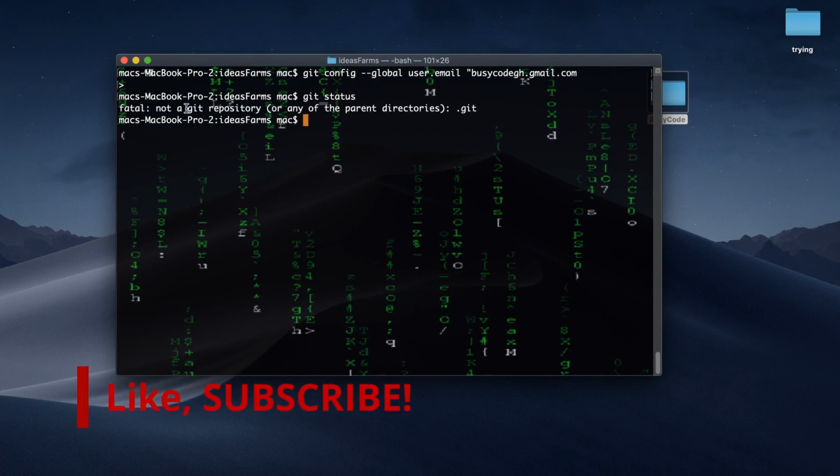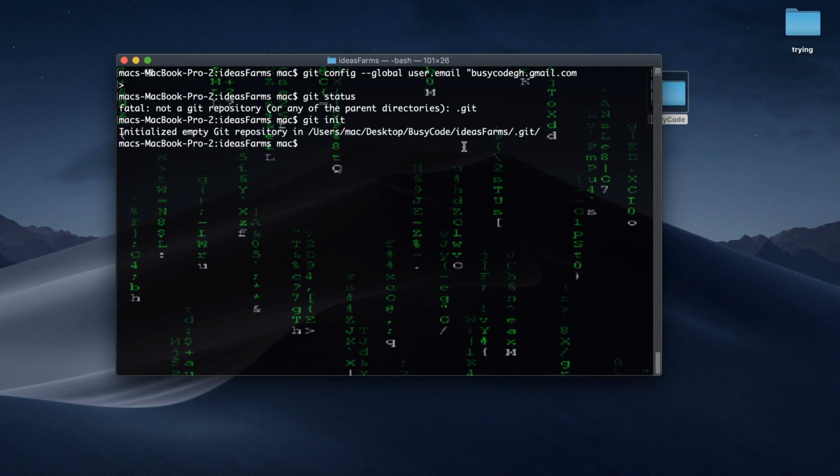So if I type this, you realize it says not a Git repository or any of the parent directories, or whatever. This is the part I'm interested in: not a Git repository. Meaning our current directory, which is ideas farms, is not a Git repository. So to make it a Git repository, we say git init, which means initialize Git in this repository, and then you press enter. So then you have initialized empty Git repository, which means Git has now been created